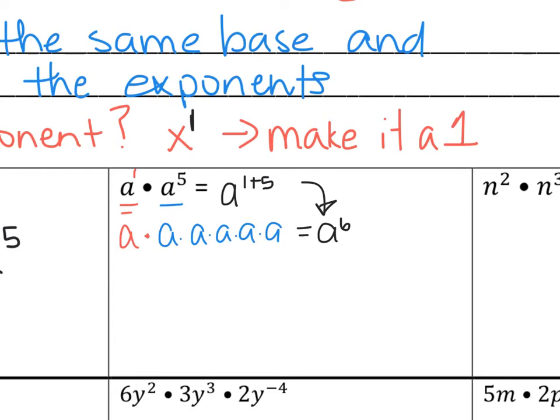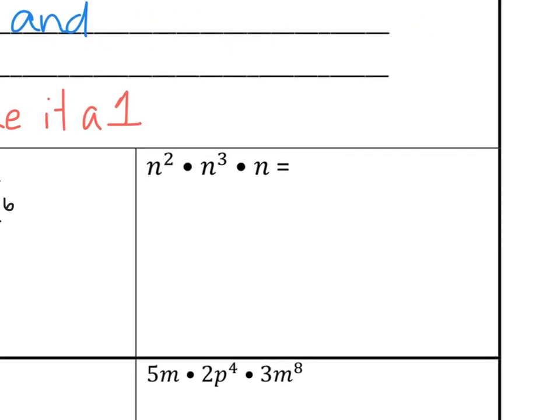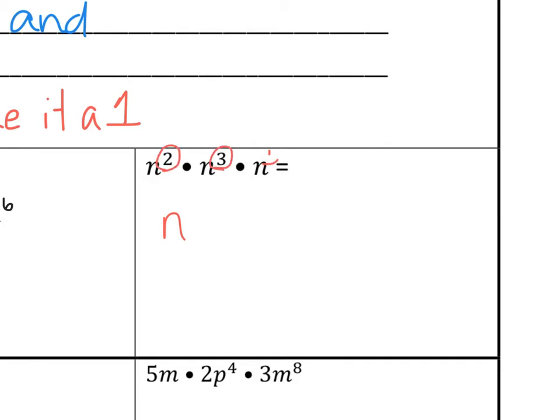Okay, example number 3. Let's look at all our exponents. The first one has an exponent of 2, exponent of 3. There's no exponent here, so we are going to give it a 1. Ask yourself, are the bases all the same? Yes, this has a base of n, this has a base of n, and this has a base of n. So we are going to keep the base, and we are going to add the exponents. So it's n to the 2 plus 3 plus 1, which is going to give us n to the 6th